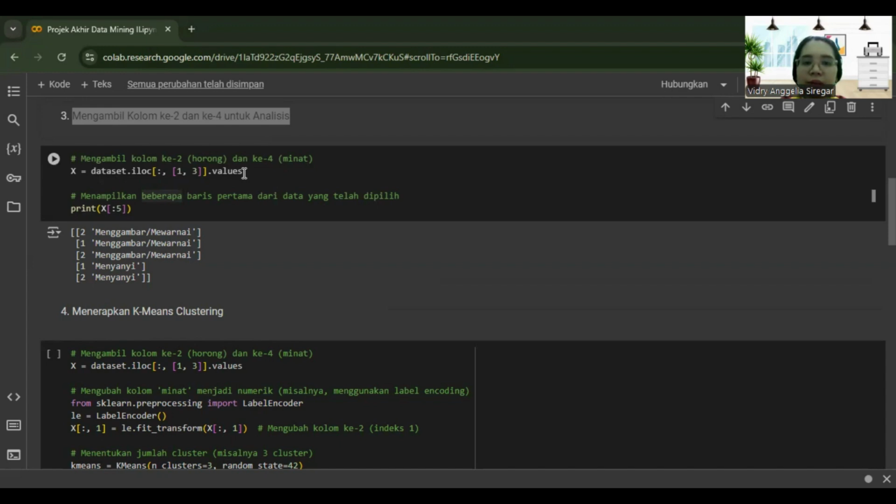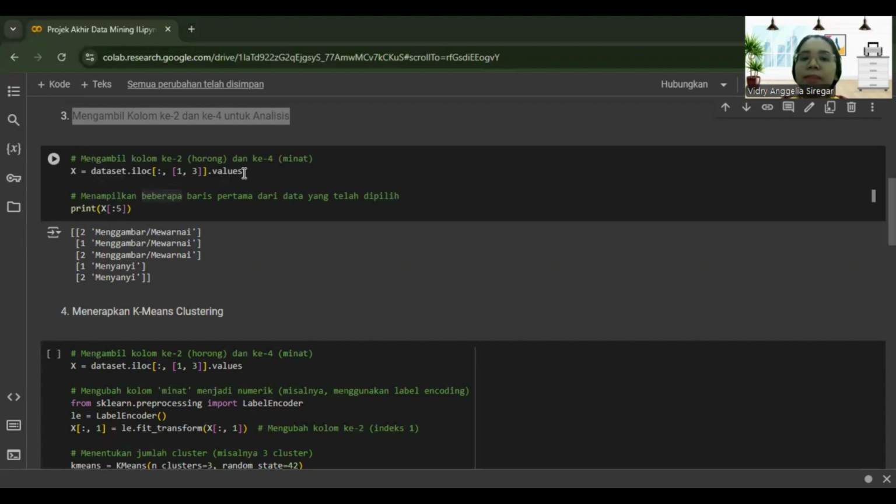Select columns for clustering: X equals dataset.iloc[:, [1, 3]].values. The explanation of the code is as follows. This code uses the iloc method of pandas to access the data in the dataset data frame.